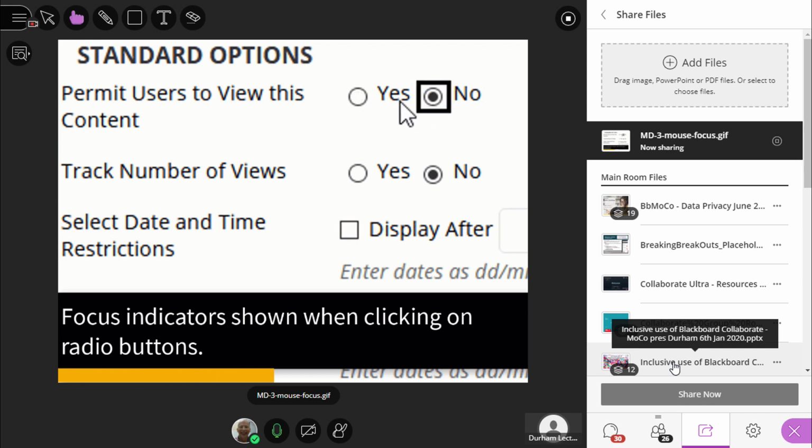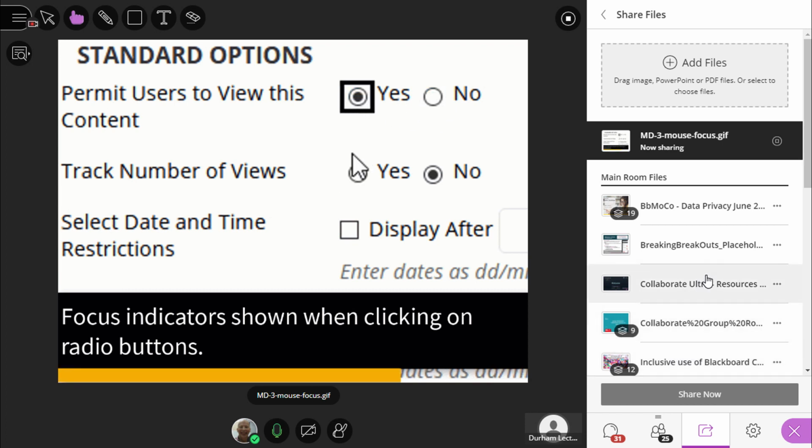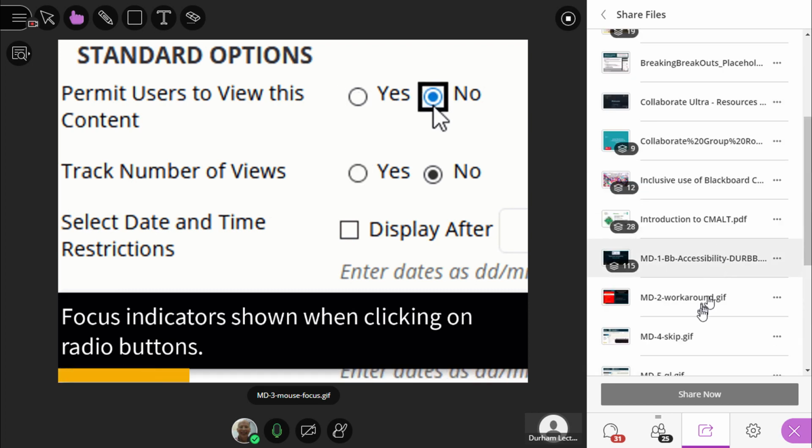So I know that there's some improvements that Blackboard are talking about in updated versions of the themes. Just to tell you what you're seeing here is the focus indicator also appears when you click on something with the mouse, which you've probably seen in general, but because we've made these a bit larger and more visible, I like to think that for users who have a slower computer or poor broadband, it's quite nice to know, yes, I have definitely clicked on that. You get that extra visual indicator. So I think it also has an extra benefit, not only for people who use